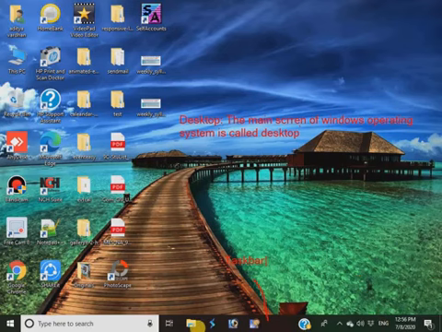This area, where you see these important icons, is known as the notification area, or system tray.